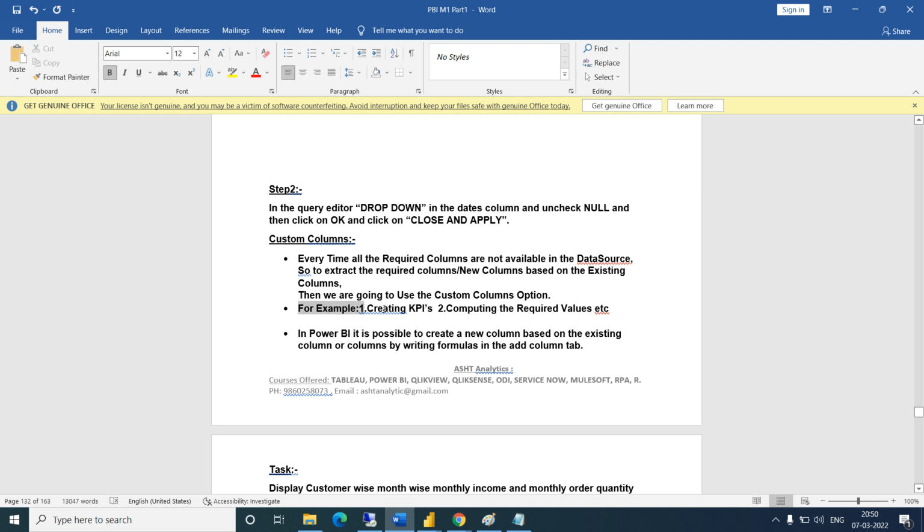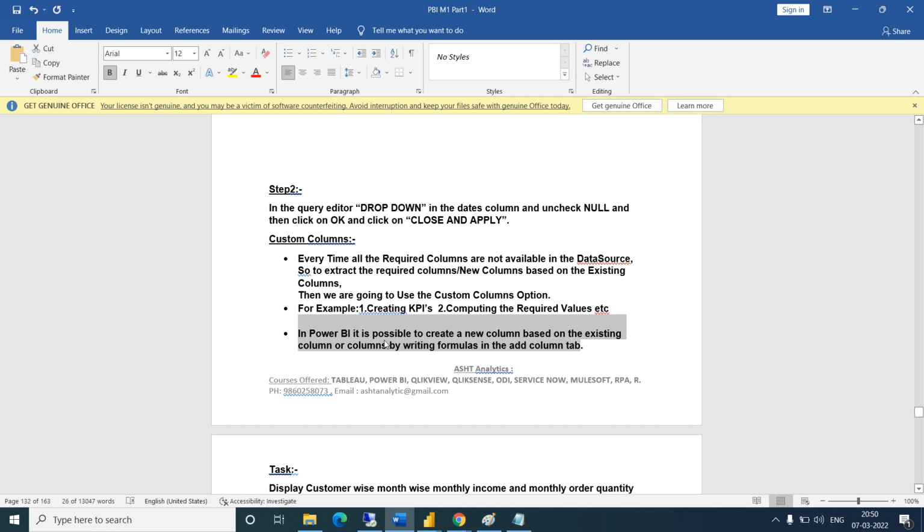Then there is an example, creating a KPI, computing the required value, etc. So how to create a KPI? Last time we already saw how to create a KPI, using a conditional column.